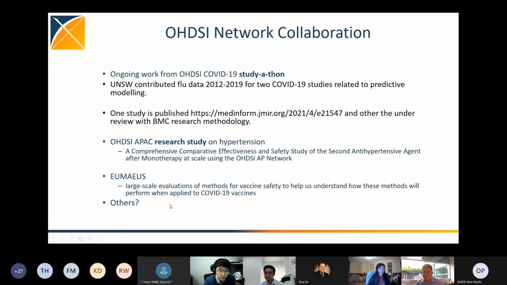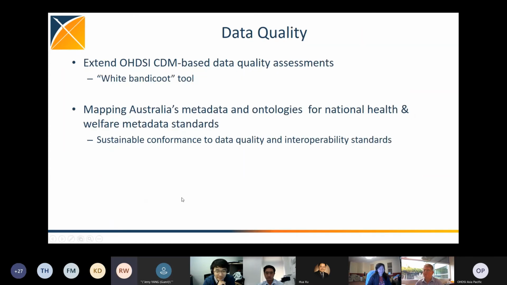Others question mark. It's kind of interesting. Sometimes people are doing things we don't yet even know about. So this is quite good that things are actually expanding fairly fast here. In terms of our